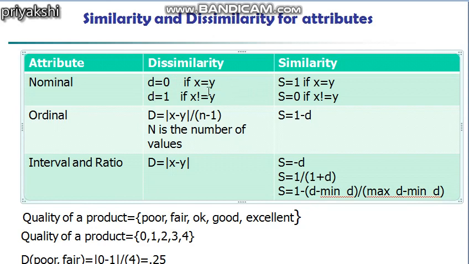So here we have considered x and y to be two students, and we are considering only a single attribute. They can have multiple attributes, because a student we can compare using his weight, his height, or his academic performance, as I told you in the last video. So here suppose we have considered only one attribute, that is the academic performance.